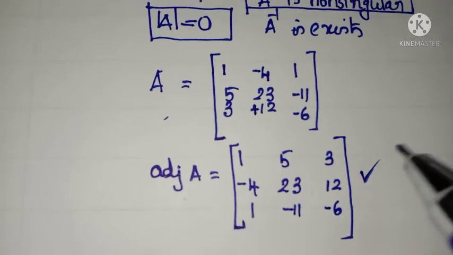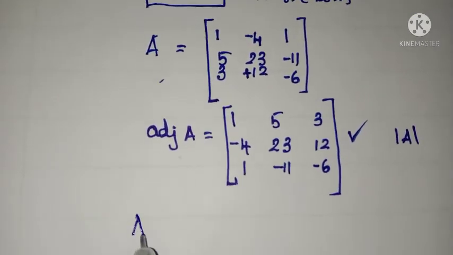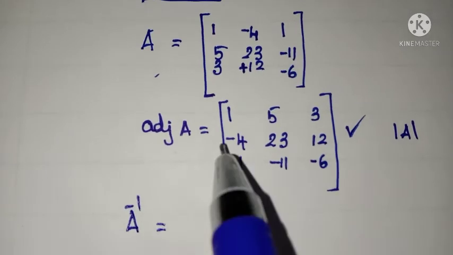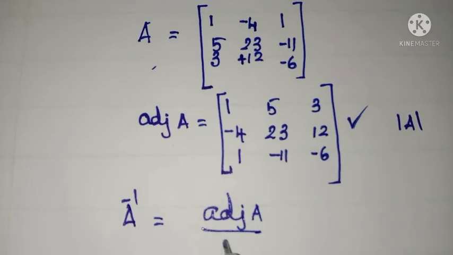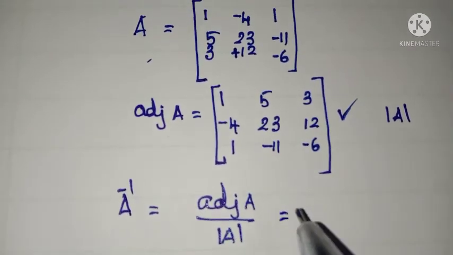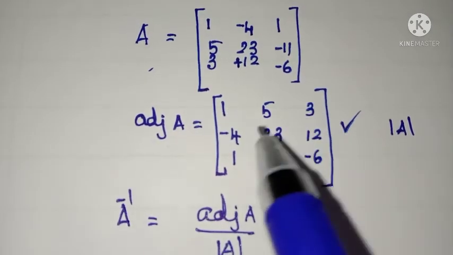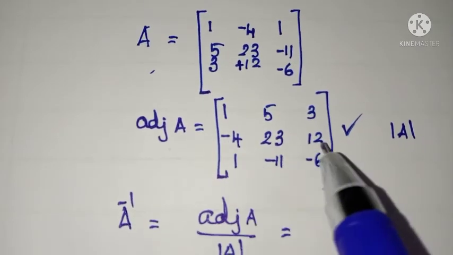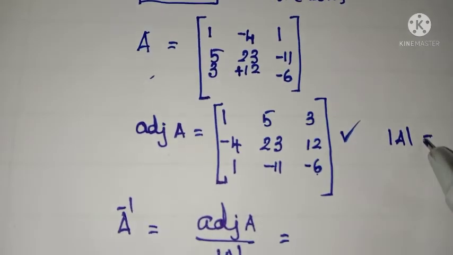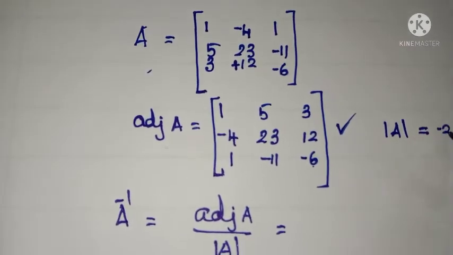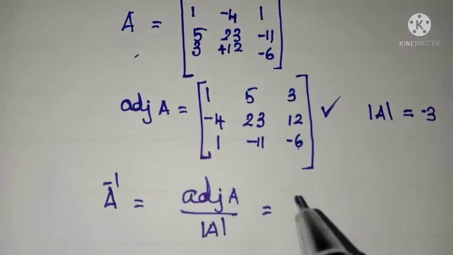So we have the adjoint and the determinant. What is the inverse? A inverse is adjoint A divided by determinant of A. Adjoint A is the matrix [1, 5, 3; -4, 23, 12; 1, -11, -6], and the determinant of A is -3. So divide the matrix throughout by -3, which gives